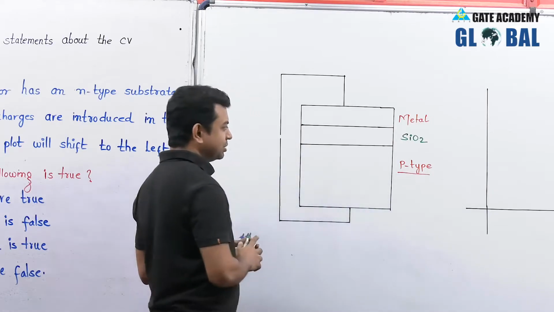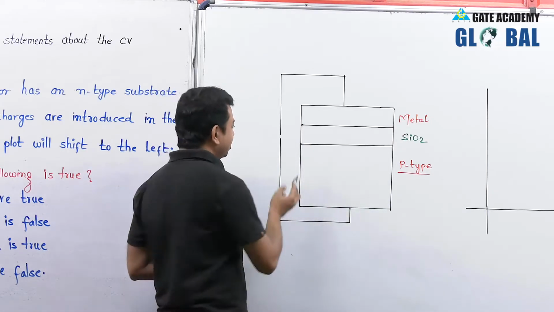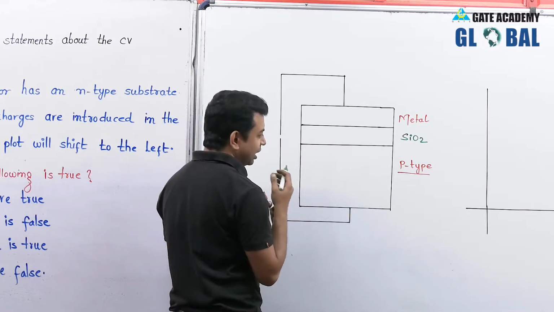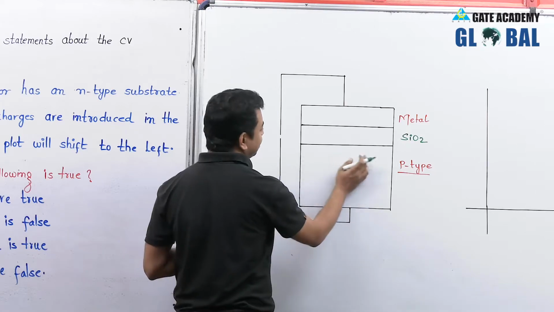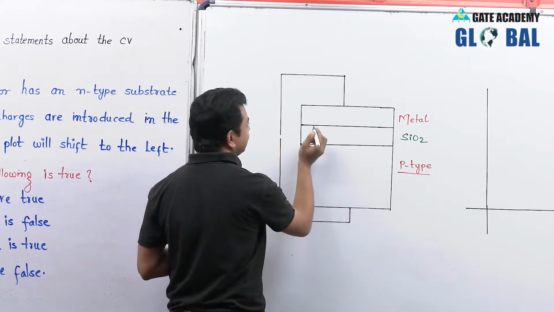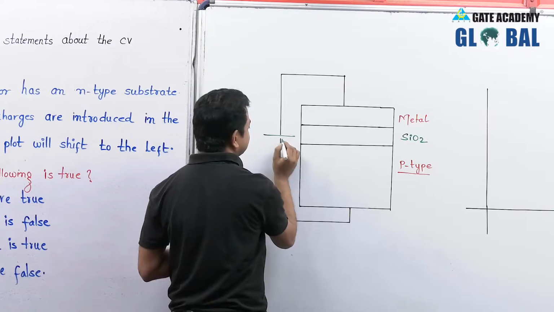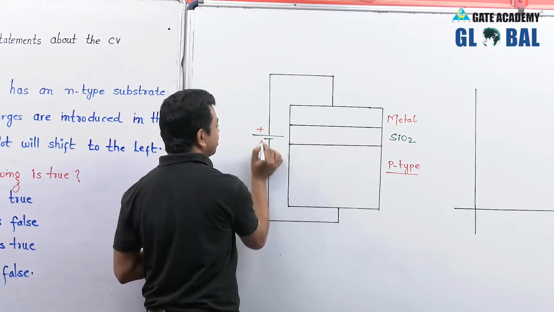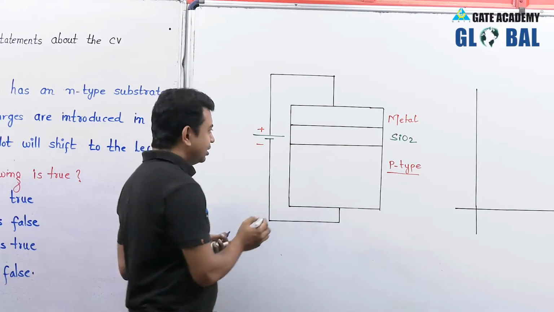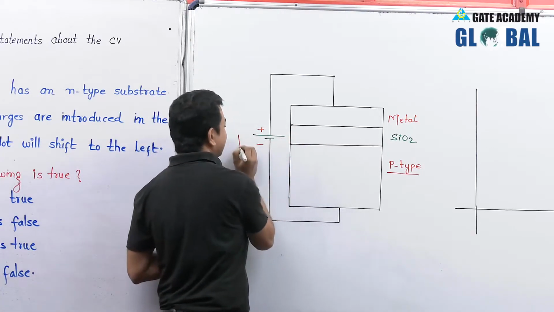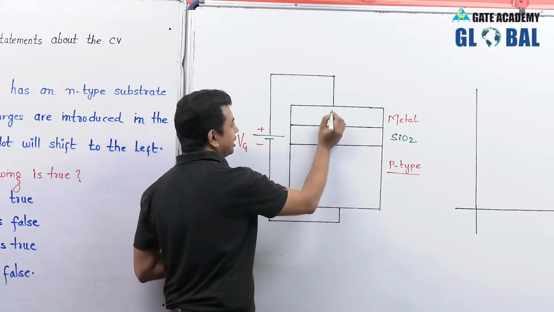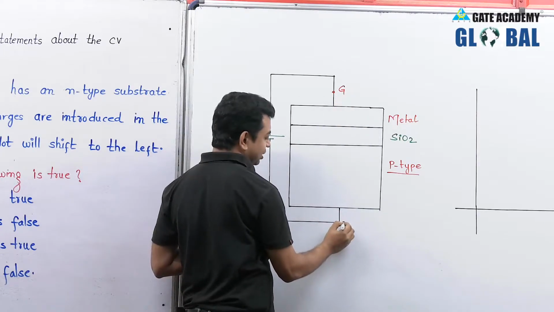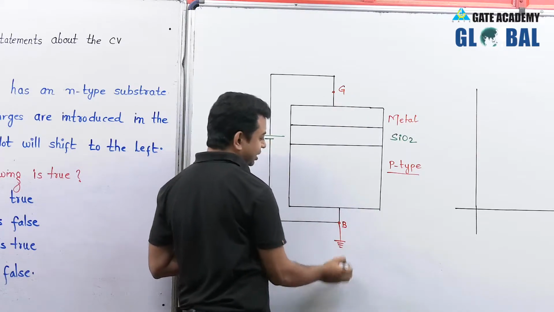If it is a p-type semiconductor, we are going to apply some potential at the metal, and those potentials are such that we create an inversion layer here. Suppose I am applying a positive voltage towards the metal and negative towards the semiconductor, body or bulk. This is positive, this is negative. The voltage applied at this gate terminal, this is the metal, this is the gate terminal, and this is the body terminal, and normally the body terminal is taken to be grounded.